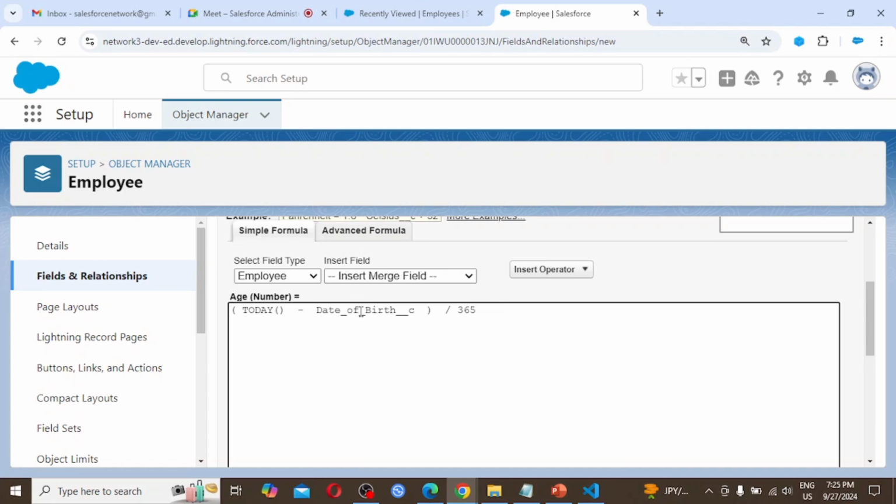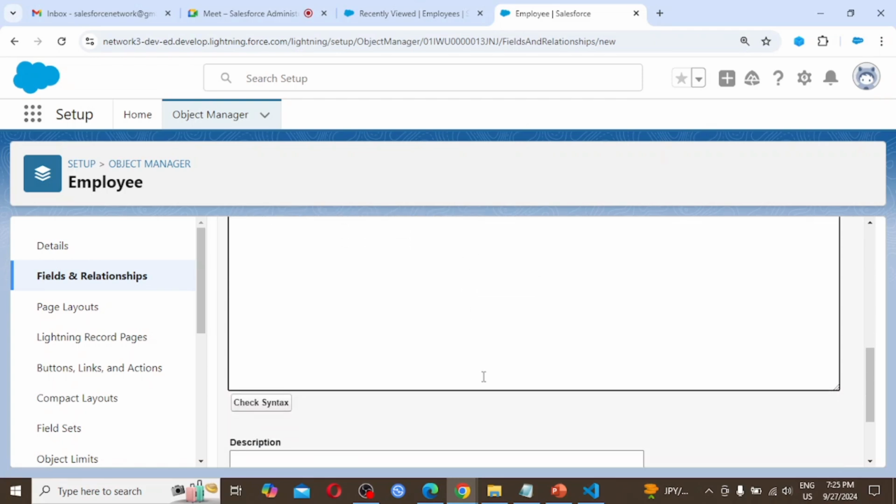That should be exact. If something is mismatched, or even a single space, it will not work. So field name, then closing the bracket, then again space, divided by, space, 365, the yearly number of days, that thing we are putting.